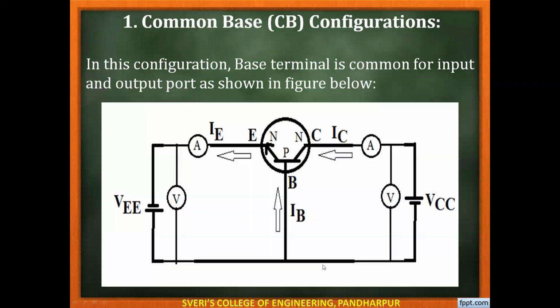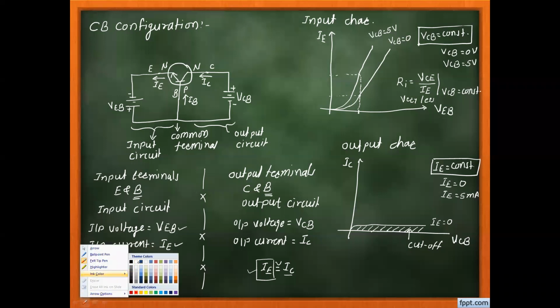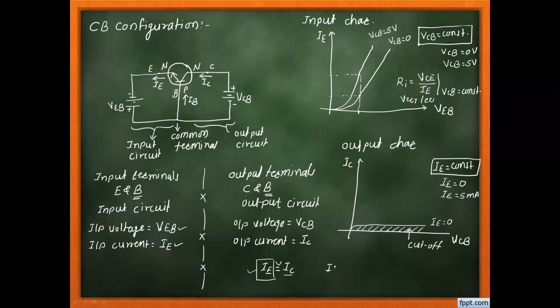In the equation, IE is equal to IB plus IC, the IB is very small. So when I say that IE is equal to 5 milliampere, then the collector current is also equal to 5 milliampere, and after that the collector current remains constant for every increased value of reverse bias voltage. So in this way, you will get the graph for IE equal to 5 milliampere.